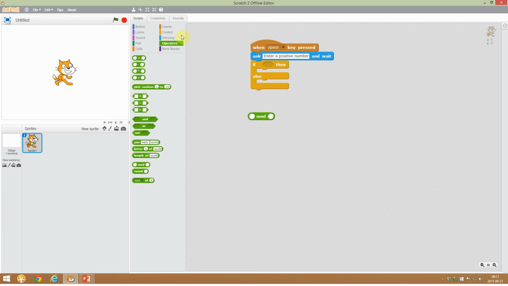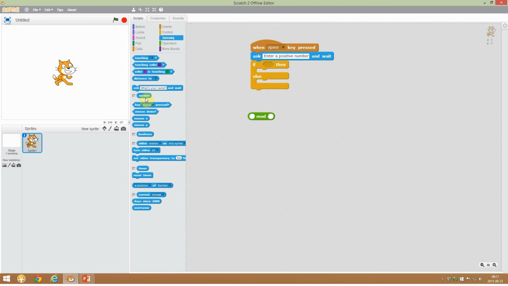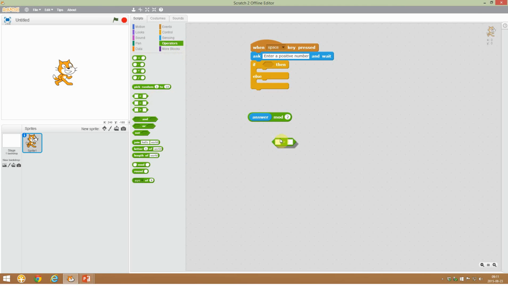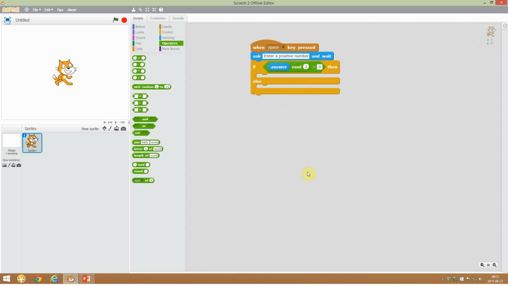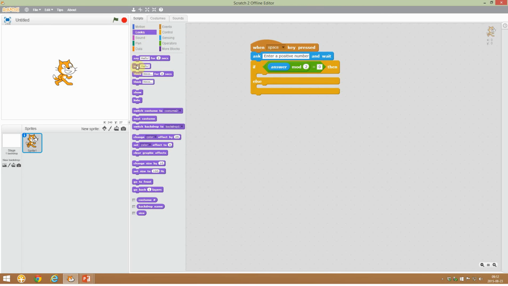So we are going to take our answer and we're going to put it in the left side, and then we're going to divide it by 2. And we then need to do a check. And we need to say if the remainder after we divide our answer by 2 is 0, then we know that our number is divisible by 2. And if a number is divisible by 2, then it is an even number. Alright, so now we're going to tell the user what we found out. So we are going to say,